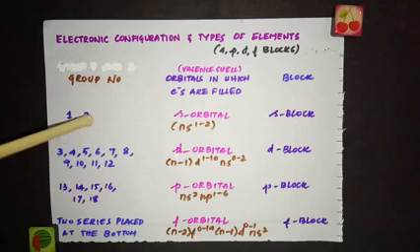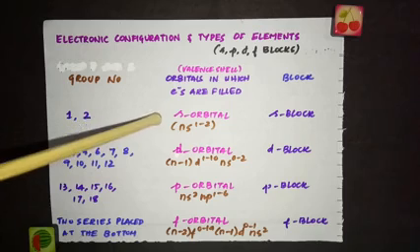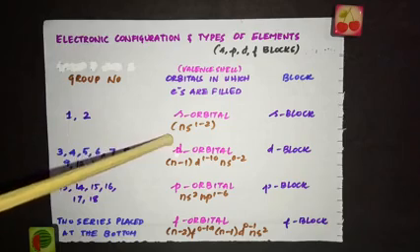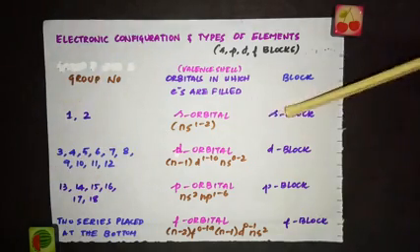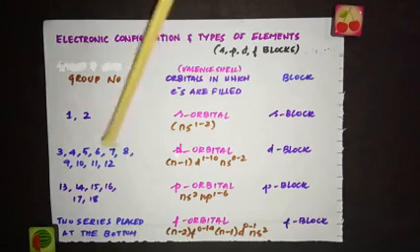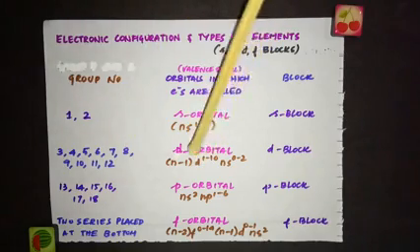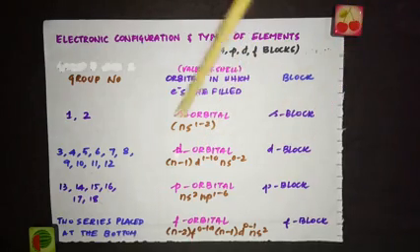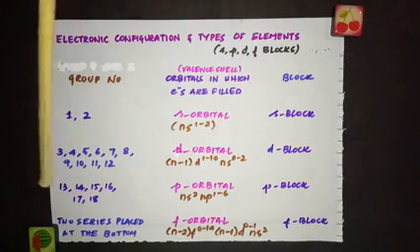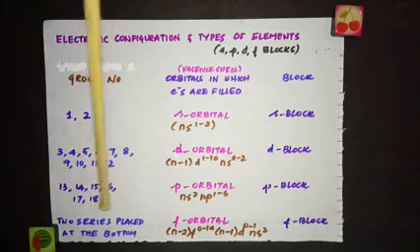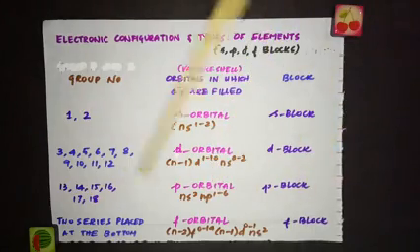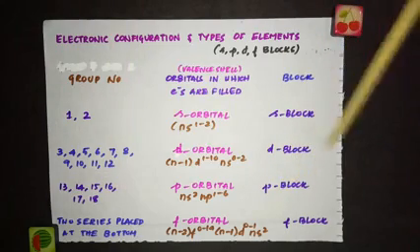So in group number 1 and 2, the elements are termed as s block elements because the valence shell electron enters the s orbital. So we call group 1 and 2 as s block elements. Same way, for group 3 to 12, the valence electron enters the d subshell, so we call that block of elements d block elements. And from group number 13 to 18, the valence electron, which means the last electron, enters the p subshell, so we term that block of elements as p block elements.